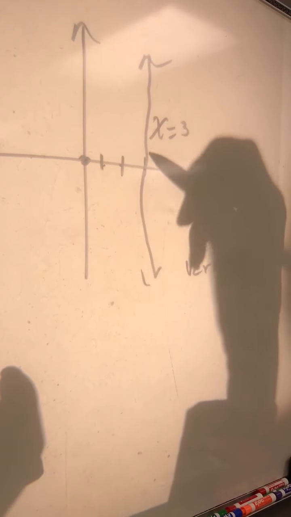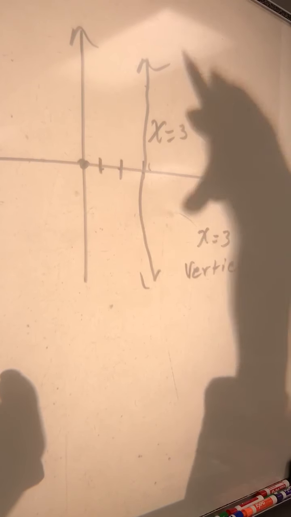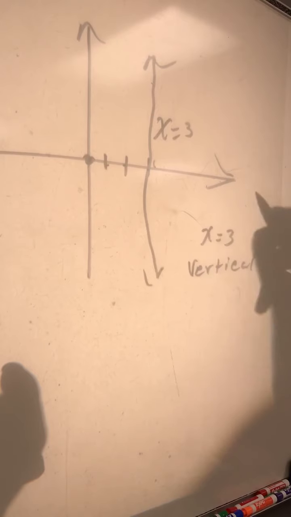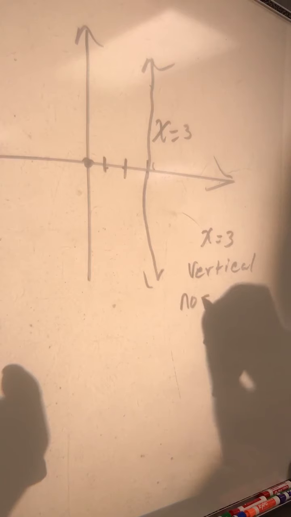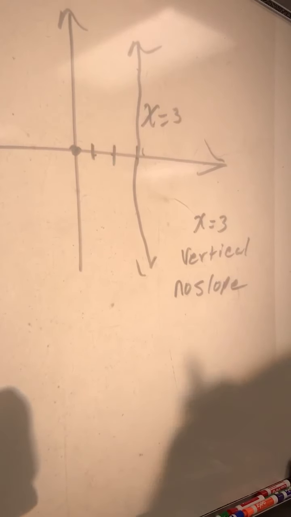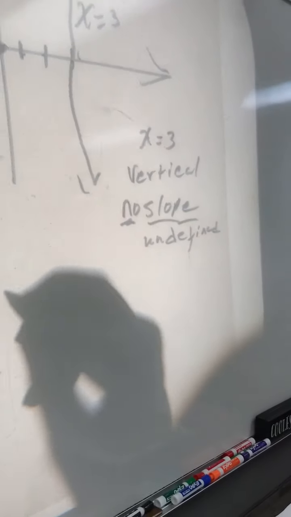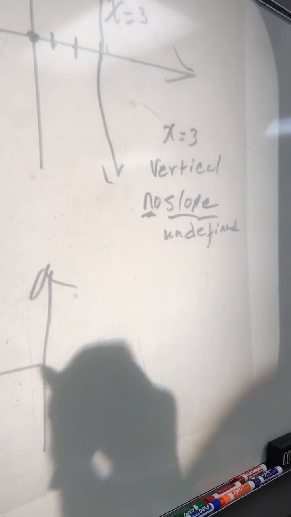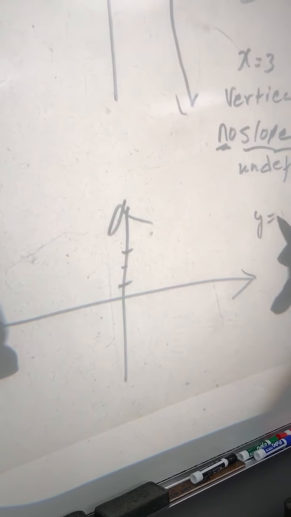Now, with a vertical line, you're going up, but you're not going over. You cannot have a 0 in the denominator, so a vertical line has what we call no slope. Make sure that you remember that it's no slope, or you could say undefined. Now, on the other hand, if we have an equation y equals 3,